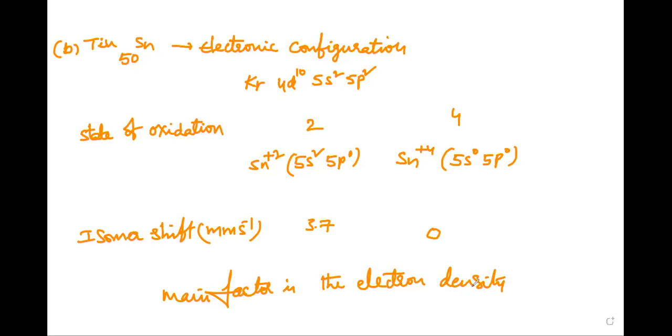The electron density at the nucleus. In the case of p and d orbitals, the electron density at the nucleus is 0, so only s orbital density is important here. So the observation of chemical shift permits measurement of relative electron density, and this gives an idea about the bond character of atoms or ions chemically attached to the Mössbauer nucleus.